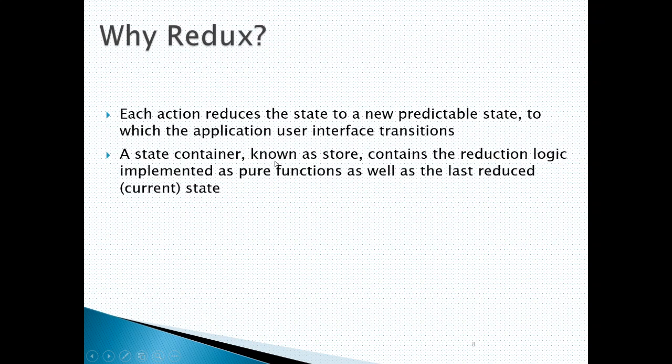A state container, known as a store, contains the reduction logic, implemented as a pure function, as well as the last reduced current state. So actually, Redux does not override the state. It basically creates a new state, so it replicates the state every time there is any action on that state.